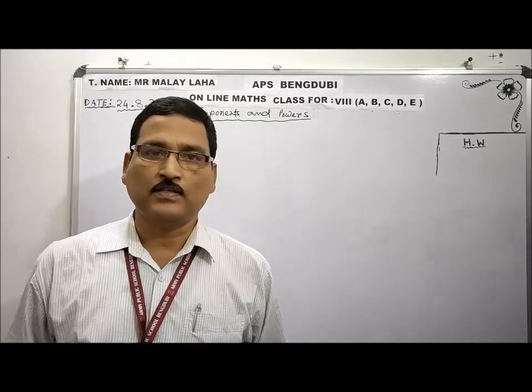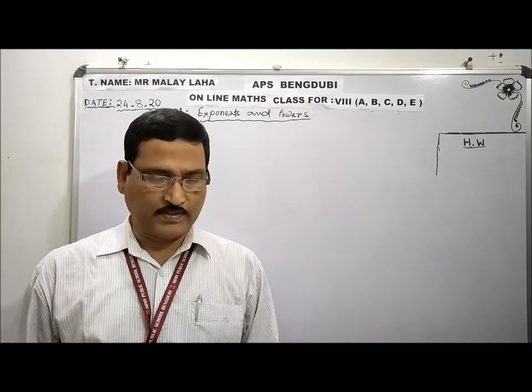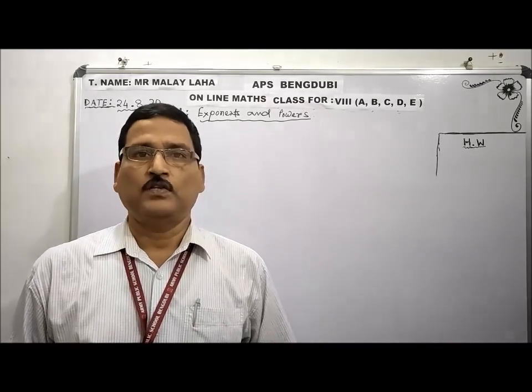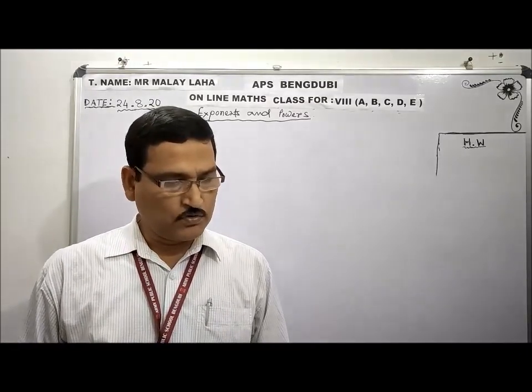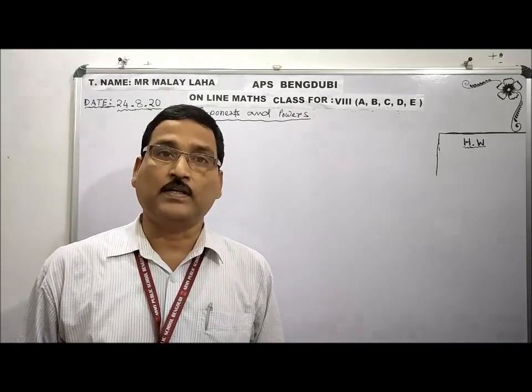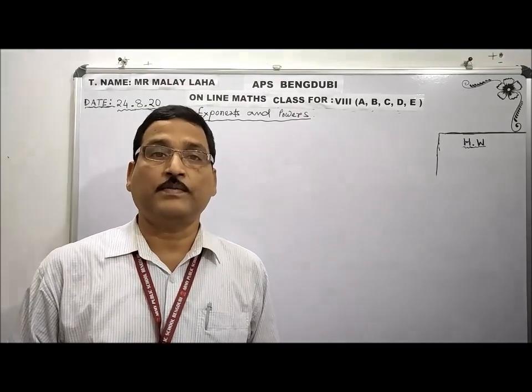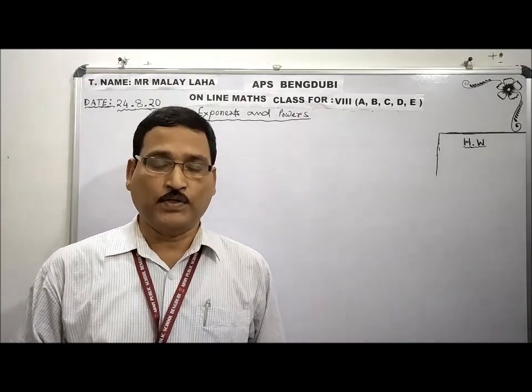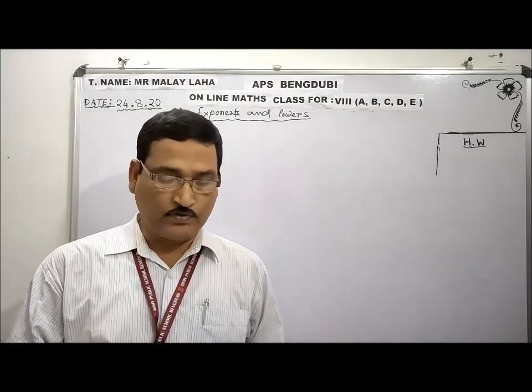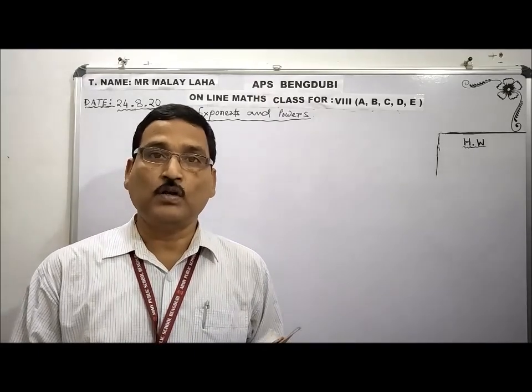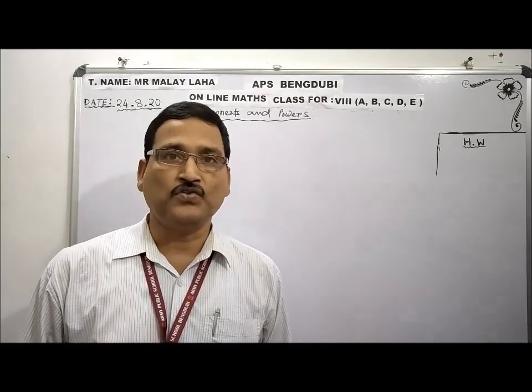Okay. Now we have the last question, that is question number 7, simplification. This type of question you have almost done in class 7. Nothing is so different. The only difference is that in class 7 there was no negative exponent. Here a negative exponent is there, and you have to solve this question using laws of exponents.